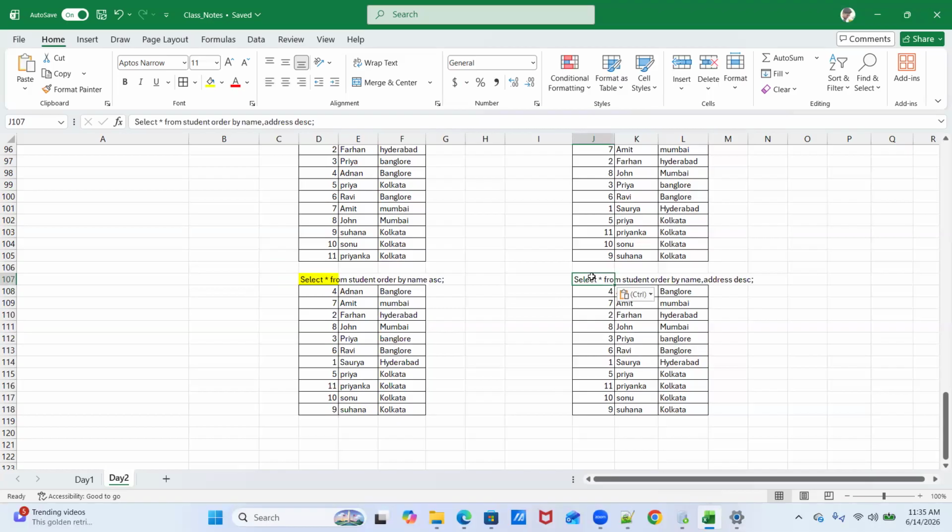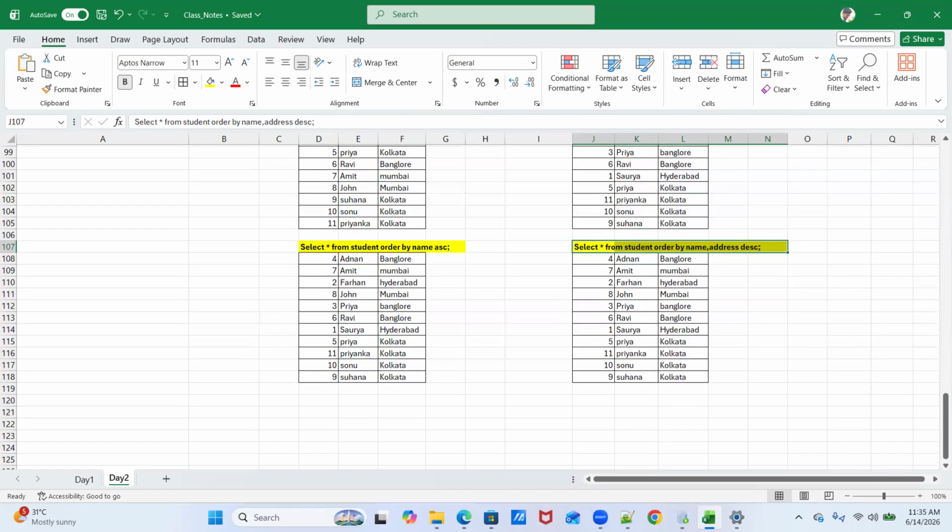So this result set we got with this query, and this result set we got with this query. There is no difference in that.